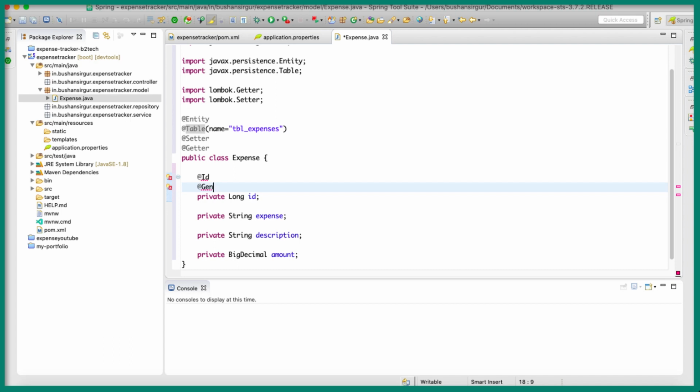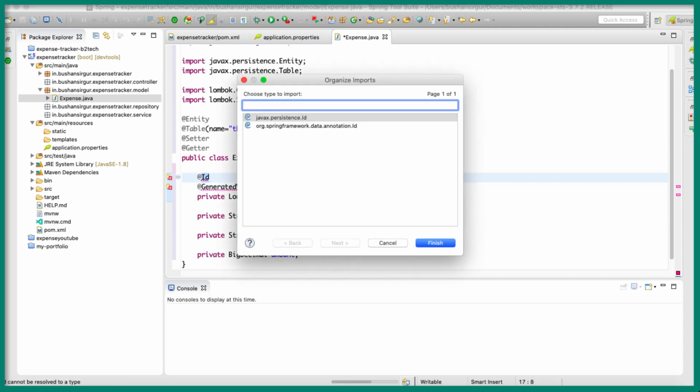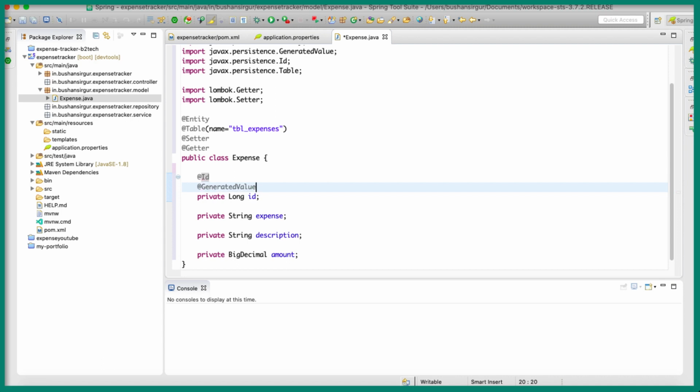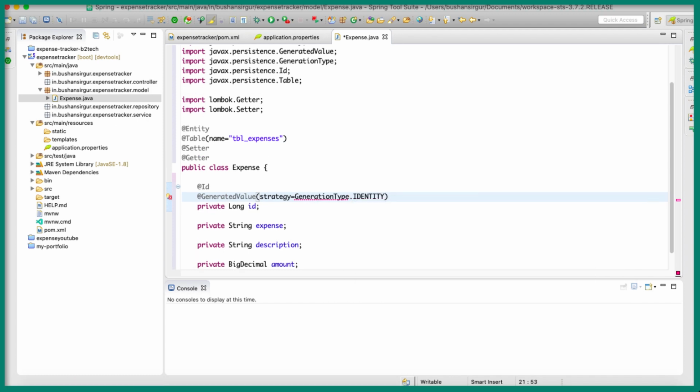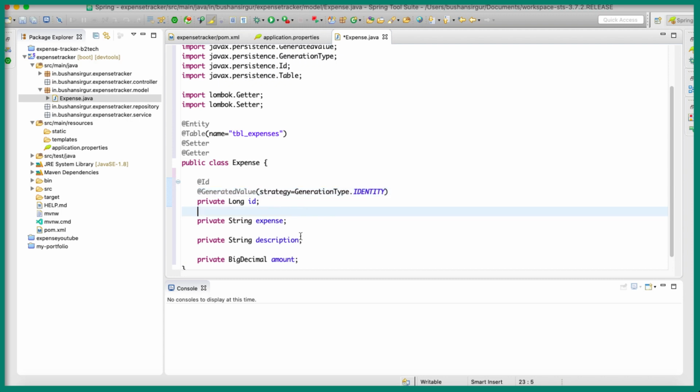For that we will be using @GeneratedValue, with strategy equal to GenerationType.IDENTITY.